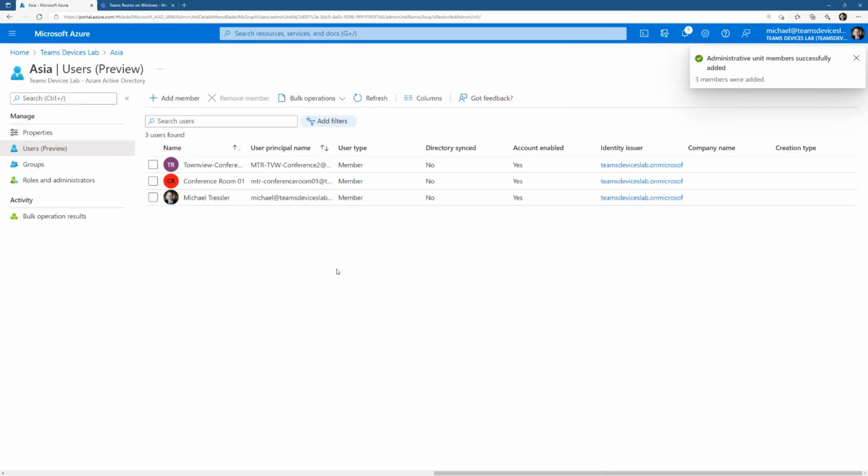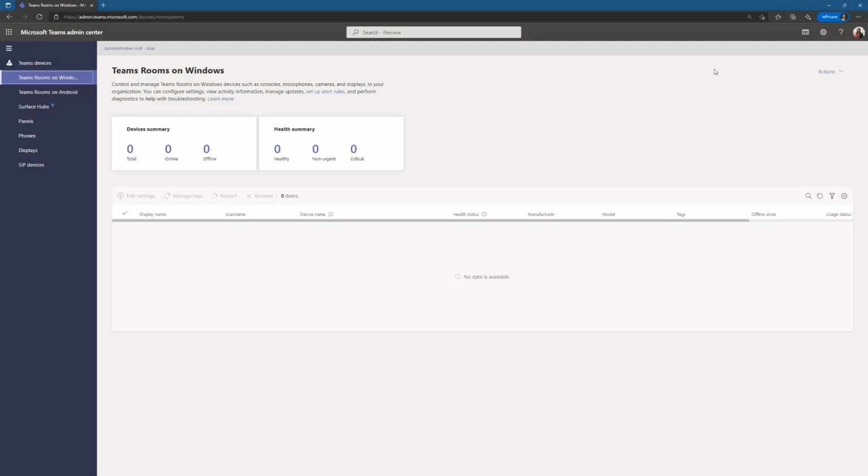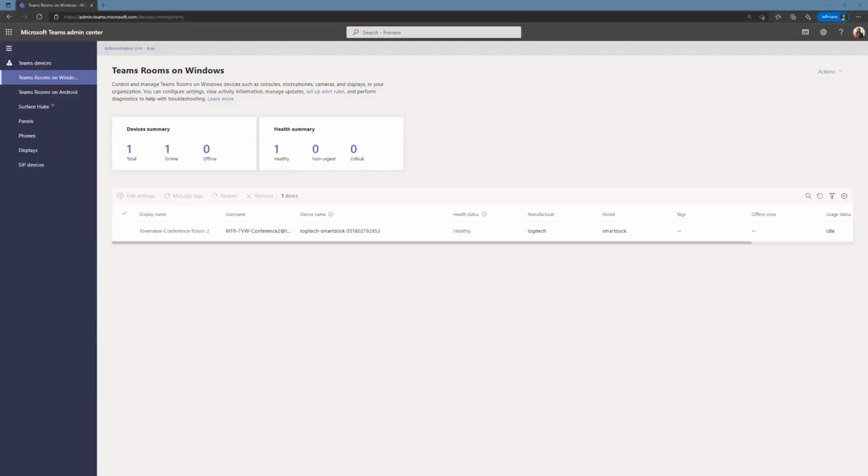So now these 3 devices have been assigned to Asia, which means when we go back into Teams Admin Center, Lynn Robbins will be able to manage these 3 devices and nothing else. So let's give it a minute to replicate, and I'll be back once this has replicated. And if I did it right, we'll see 3 devices that Lynn is able to administer. All right, it took about 5 minutes. I did sign out, sign back in. That didn't make a difference. It still didn't show anything. After about 5 minutes, I went ahead and clicked refresh inside Edge, and now we can see the one conference